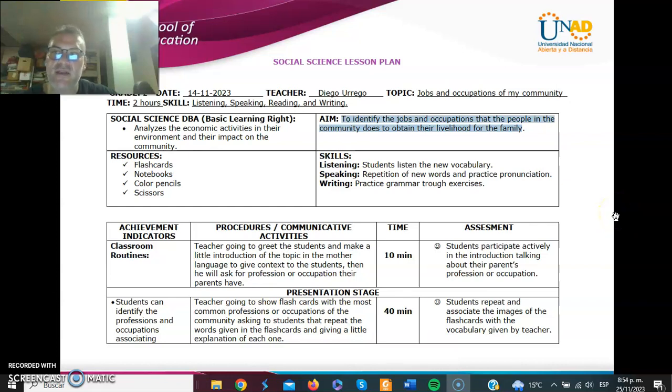I am a student of Lille, and this lesson plan was designed for the didactics of social science. The topic of this lesson plan is jobs and occupations of my community. The principal objective is to identify the jobs and occupations that people in the community do to obtain their livelihood